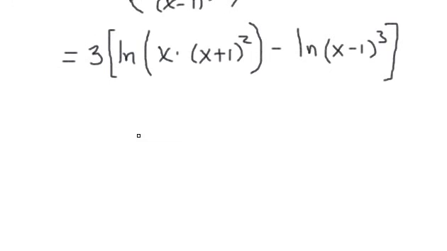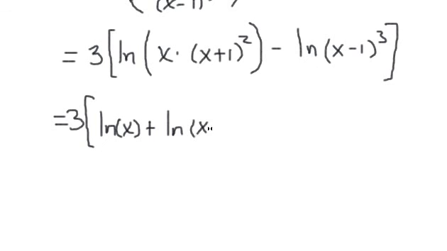Man, this is going to get crazy. Alright, now let's go ahead and expand this. I'm going to go ahead and leave this bracket here. So this becomes the natural log of x. And because this is multiplied, this is going to become a plus. Alright, the natural log of x plus 1 squared. Okay. And then we're going to have the minus still, the natural log of x minus 1 raised to the 3rd